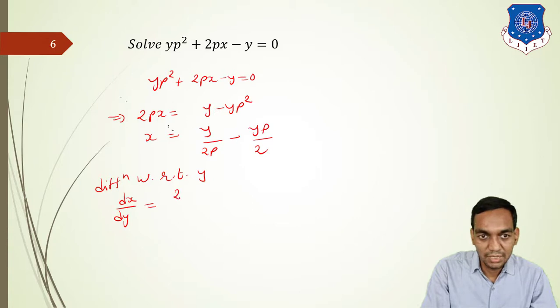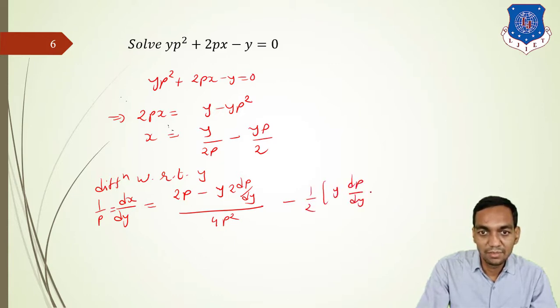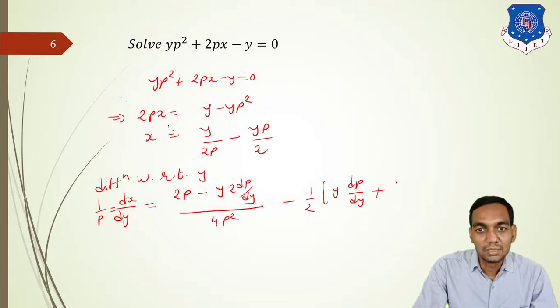So first denominator as it is, derivative of numerator minus numerator as it is, derivative of denominator is 2 dp by dy divided by 4p square, minus 1 by 2 constant, and this is your 1 upon p. Here you have to apply product rule, 1 by 2 into y dp by dy plus p, correct? So if you separate these terms, then you will have 1 upon p is equal to